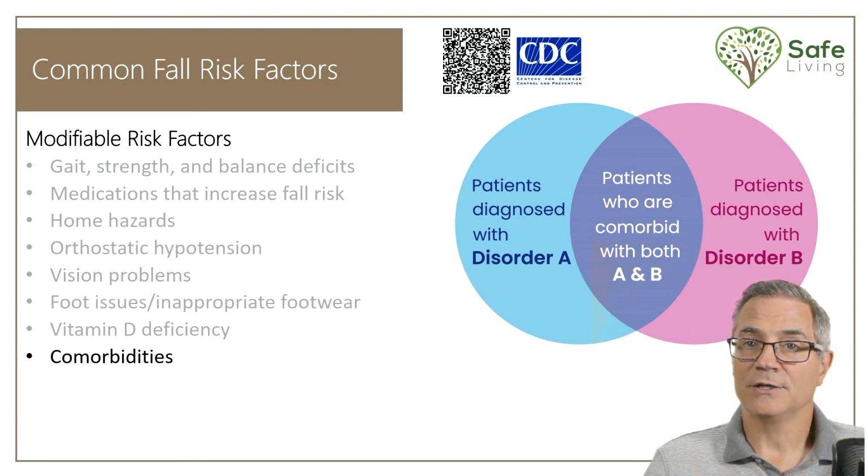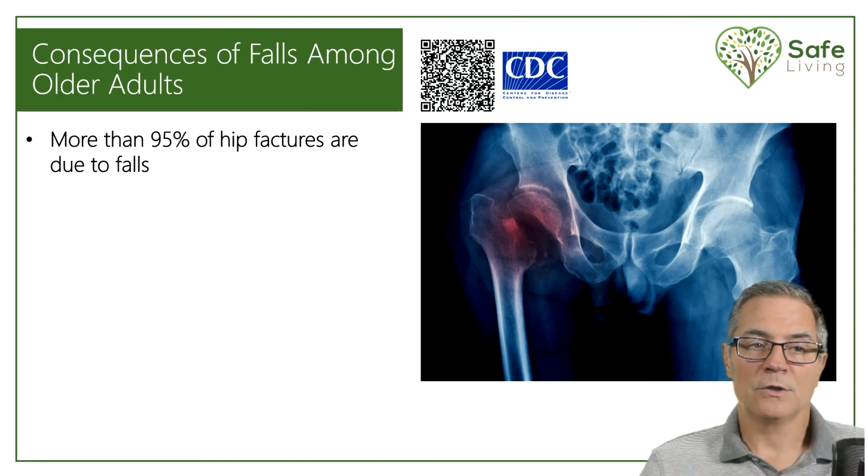These items here are things that we could do to prevent fall risks. Things that you can't prevent are your age. And the other thing you cannot prevent is if you've already fallen once before, your risk of falling again is significantly higher. So those are two things that are not modifiable at all. So the next thing we want to look at is